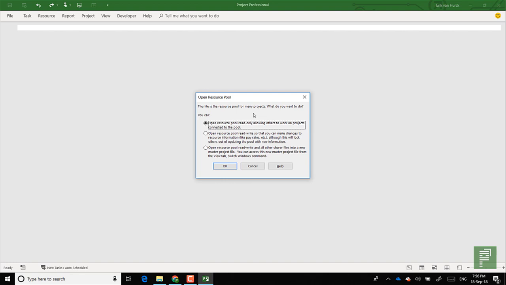as adding more resources, changing rates, all the different kinds of things that you will need to do with custom fields or native fields. And then the third option really is a doozy, because if you have multiple projects connected with this resource pool, there's actually a whole lot being opened right away. It will actually open up all the projects that are linked to it into a new master project file. We'll do this in a separate video, but for now let's have a look at the read-only version of the